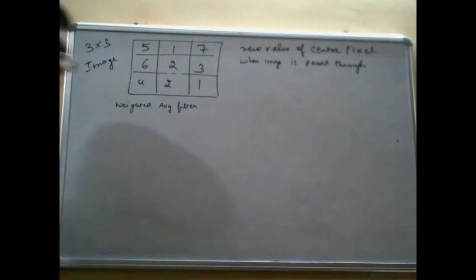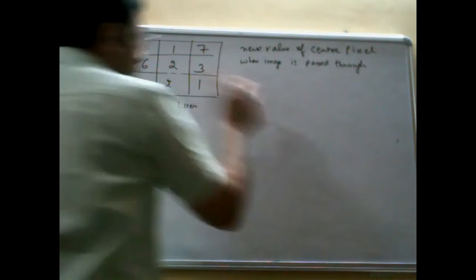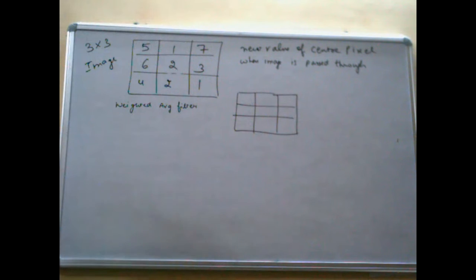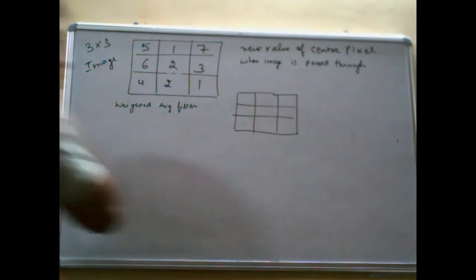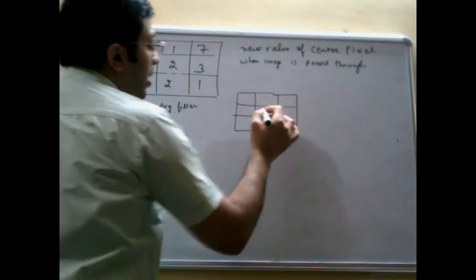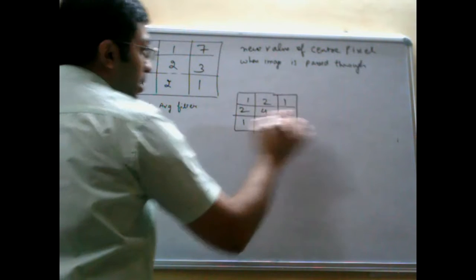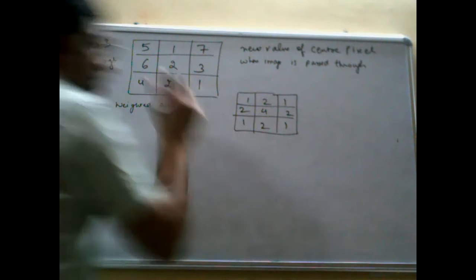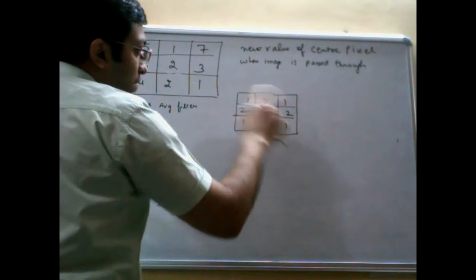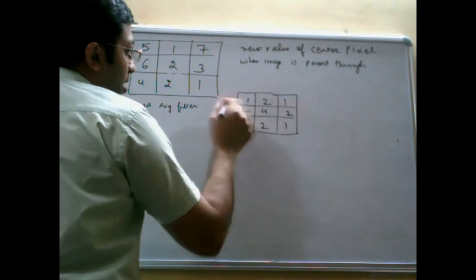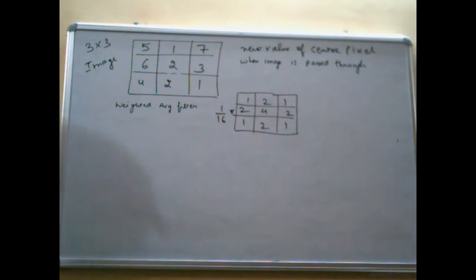For the weighted averaging filter, there are a number of filters available. Suppose I take one example. I take this filter because it is not mentioned in the question which filter to take. I can take an example where the center value is the maximum, 4, with 2, 2, 2 over here, 1 over here, and outside, what will I get? The total of the values will be 2, 3, 4, 4 plus 4, 8, 12, 14 and 16. So 1 by 16. This is going to be my weighted averaging filter. This is one filter that you discussed in the theory class.